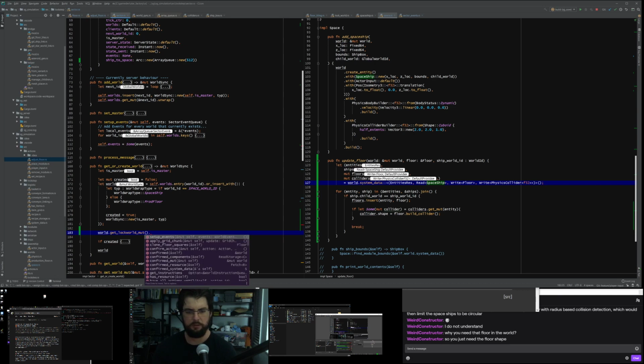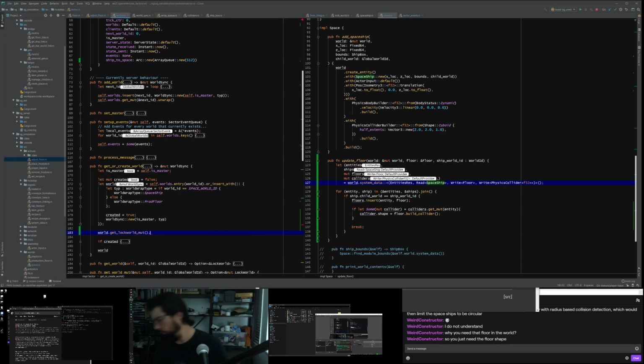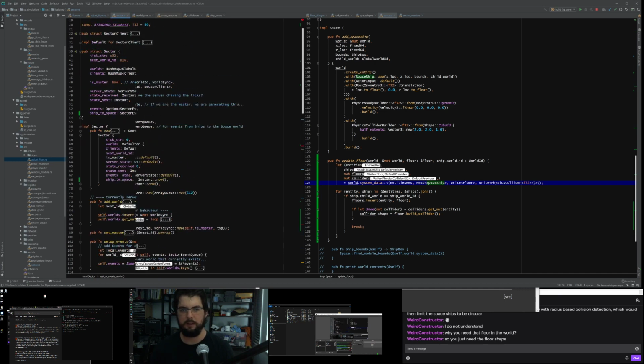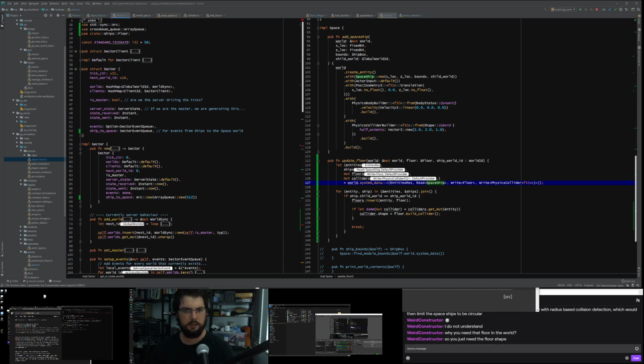Get lock world mute dot get dot lock dot current, get the confirmed world, and we're not using fetch now, we're using insert to put a resource in. The resource we're trying to put in is going to be our array queue. So we might create a component, something like sector details or something similar. Let's do that.